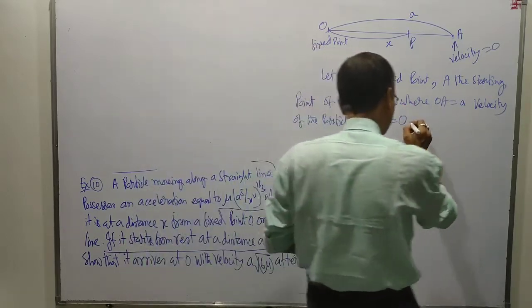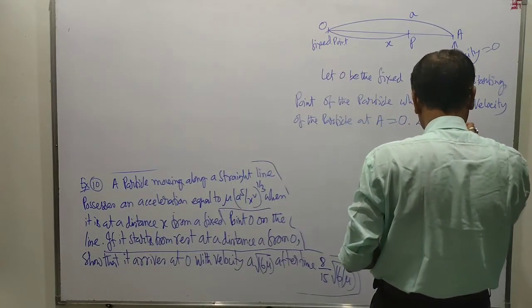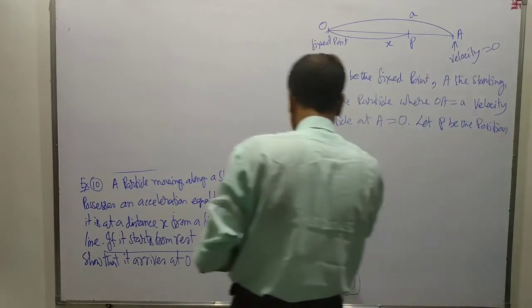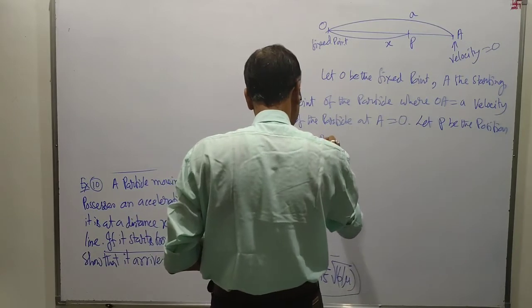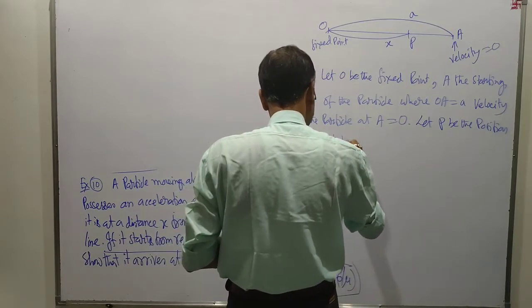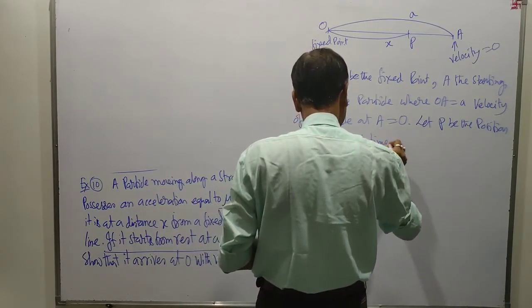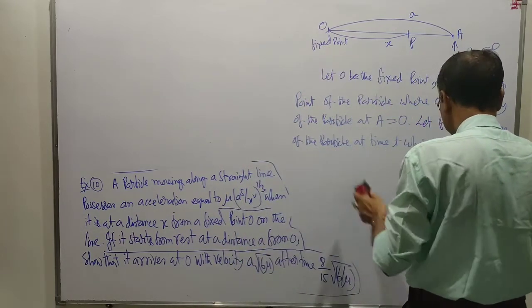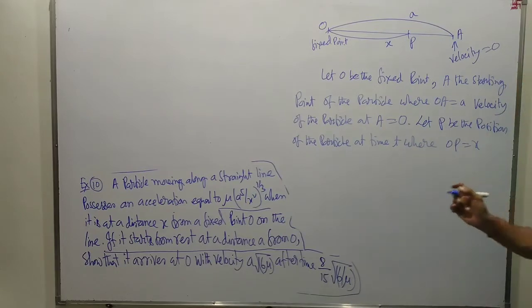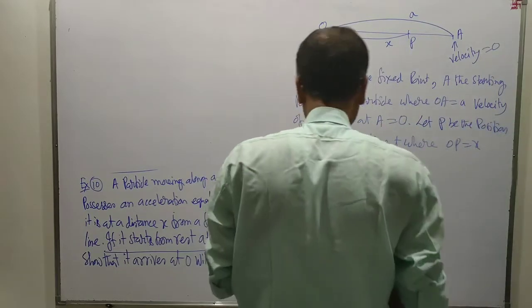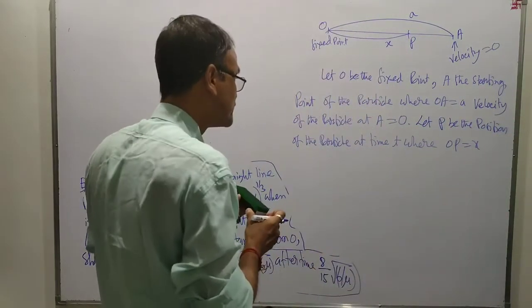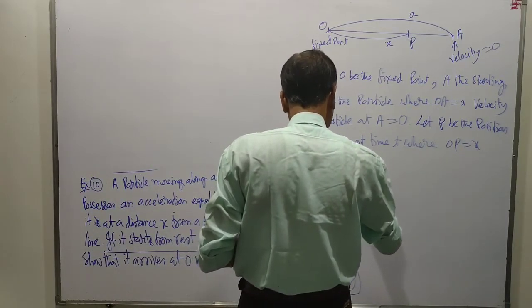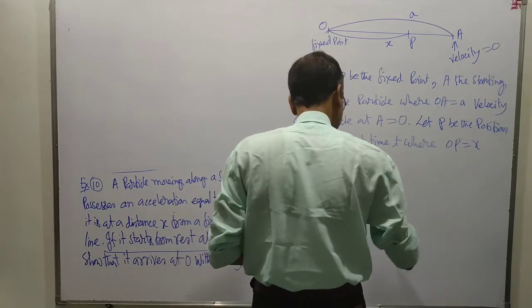Let P be the position of the particle at time t, where OP is equal to x. The equation of motion of the particle is